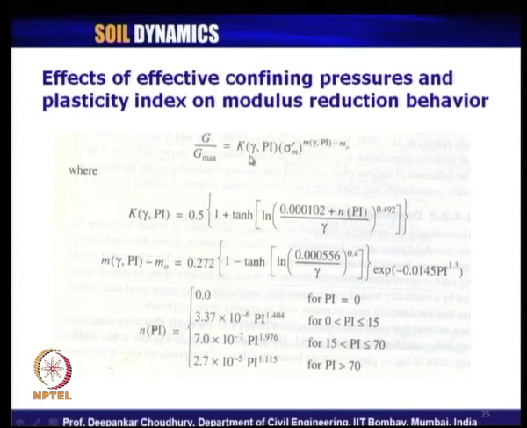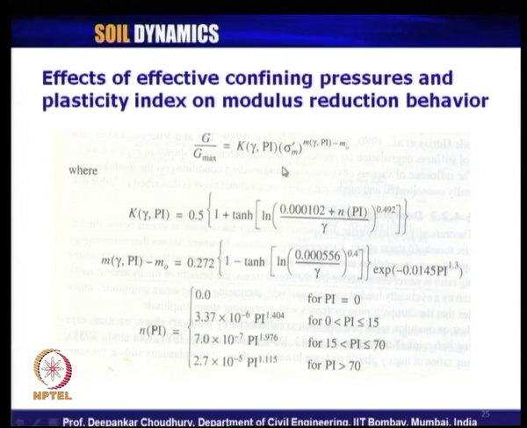K is a function of the shear strain and plasticity index, and another function of the effective confining pressure to the power of some factor m, which is again a function of the shear strain and plasticity index, minus m naught. The expression for this function k, which is a function of gamma and PI, is given by this,